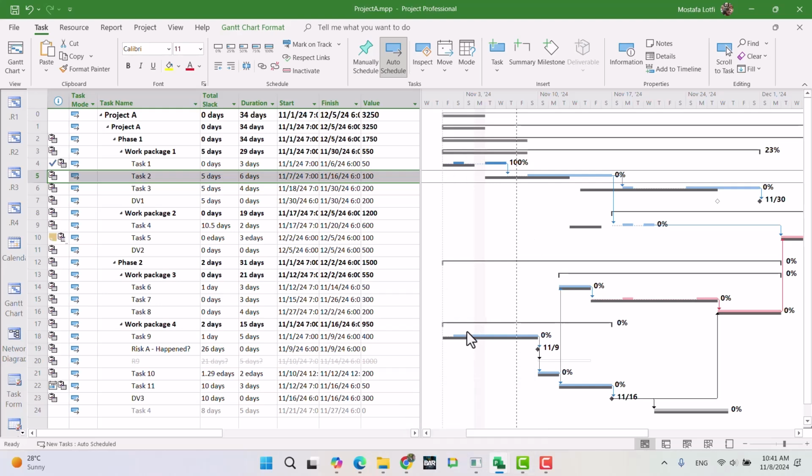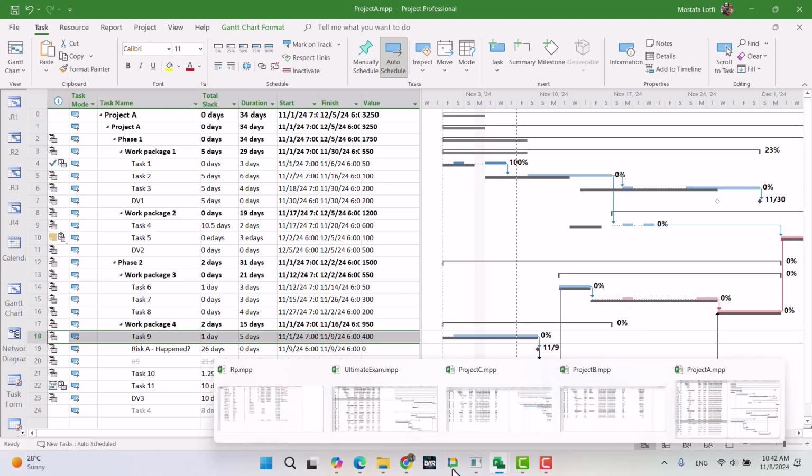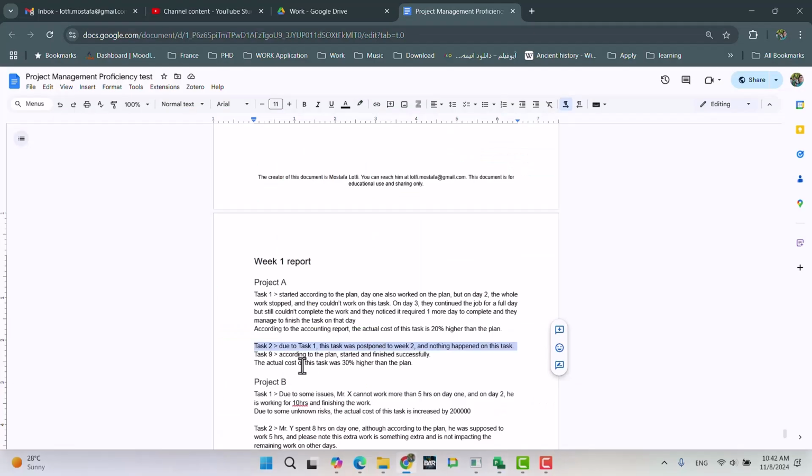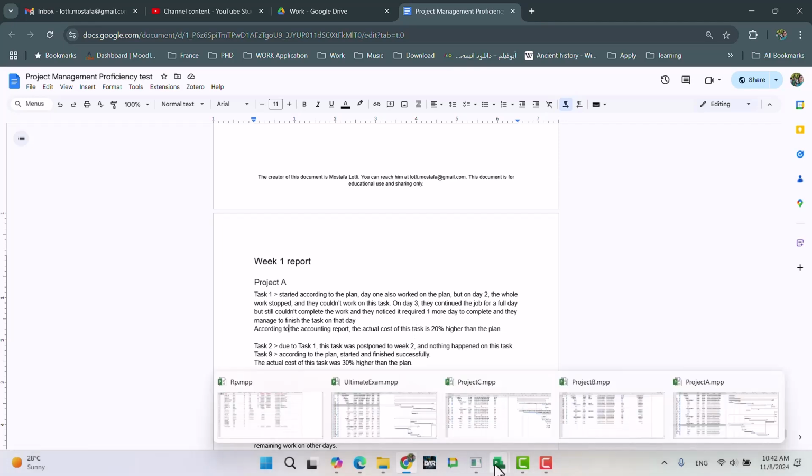now let's see another task that can happen for this project, task 9. Task 9, according to the plan, started and finished successfully. The actual cost of this task was 30%. Wait. For task 1, according to the accounting report, the actual cost of this task is 20% higher than the plan. Okay, so